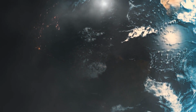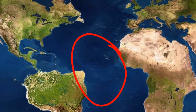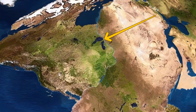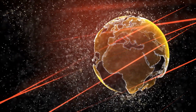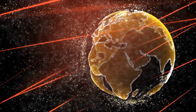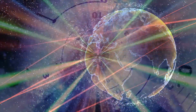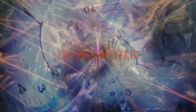One final scenario would be called Pangea Ultima. Slow down the spreading in the Atlantic, and a new subduction plate pops up on the America's east coast. Well, either way, if all the continents collide in the future once more, some say it won't be fun to experience. It's believed that in around 250 million years, we'll feel like we're being trapped in a sweltering, soggy plastic